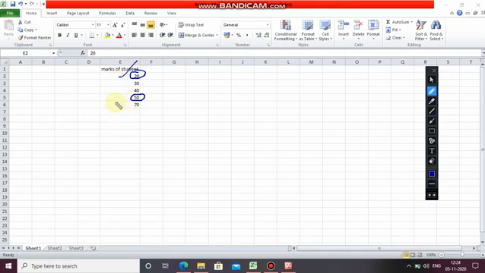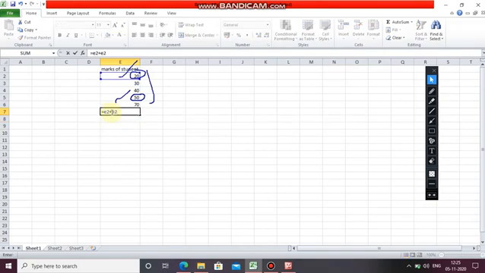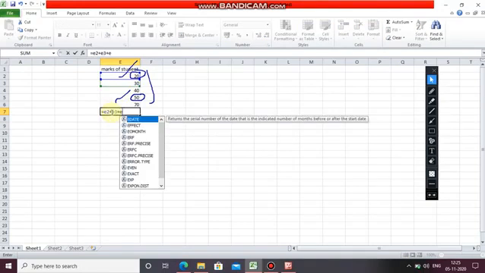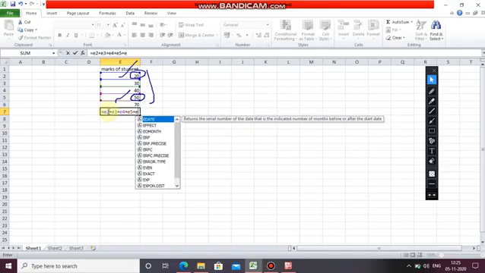If we have to add all these values, then what do we have to do? Again, you click here, equals first E2 plus E3 plus E4 plus E5 and plus E6.